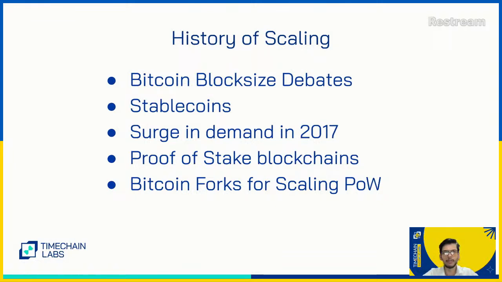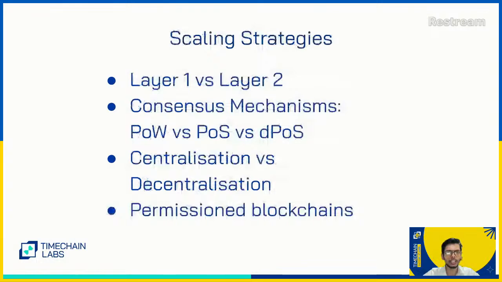It does solve the problems of cost of transactions said to be there with energy inefficiency of Bitcoin, as it is touted to be. We'll talk about whether that is true or not, really. So proof of stake blockchains also came into the picture to solve some of the problems that existed with proof of work systems. So there are layer 2 solutions also that came into the picture. So that's what the different scaling strategies involve.